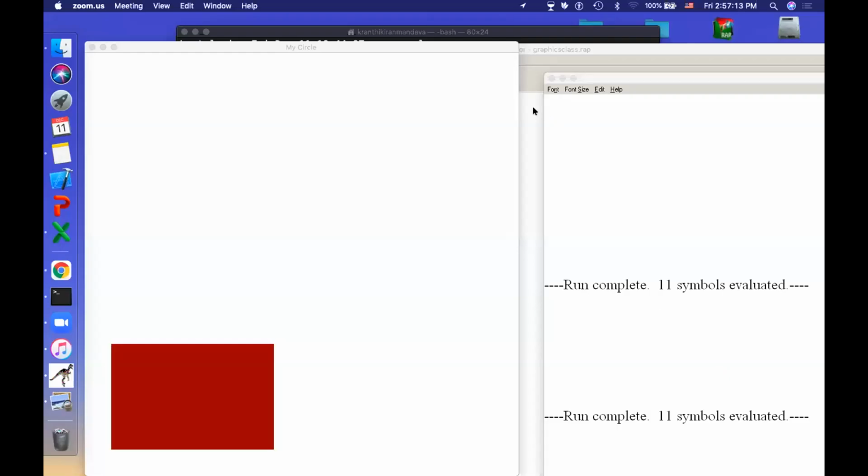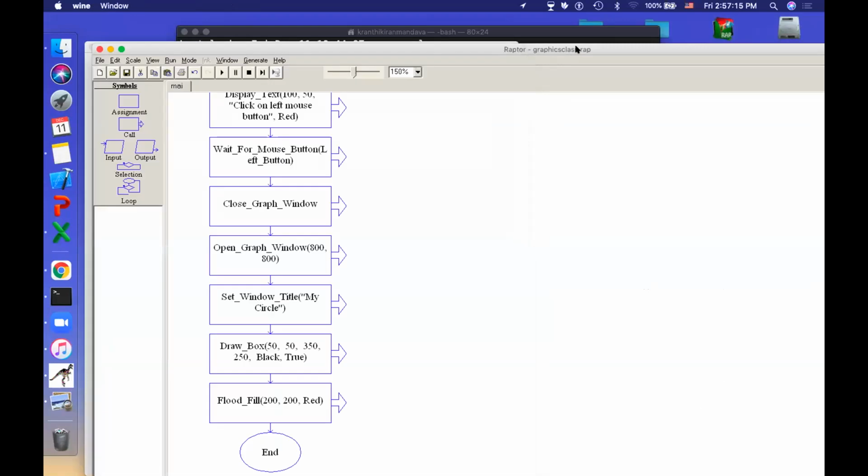Sir, can you show your box coordinates once? I'll show you. Wait. Yes. So I have given 50, 50, 350 and 250. Now see, what I have given is flood fill 200 and 200. The box is at 50, 50 and it has a width and height of 350 and 250.